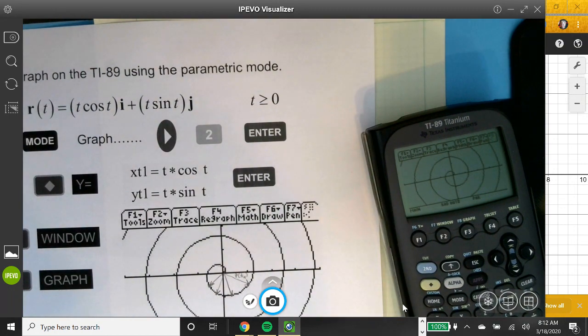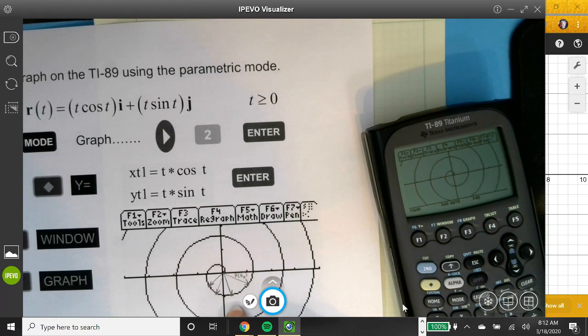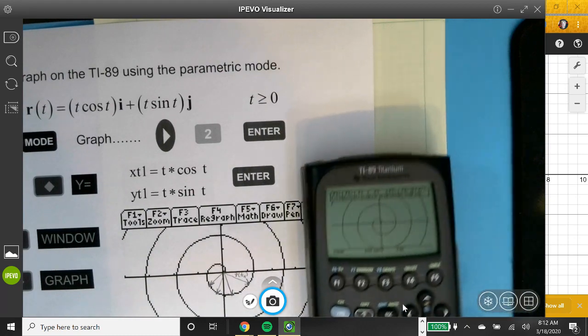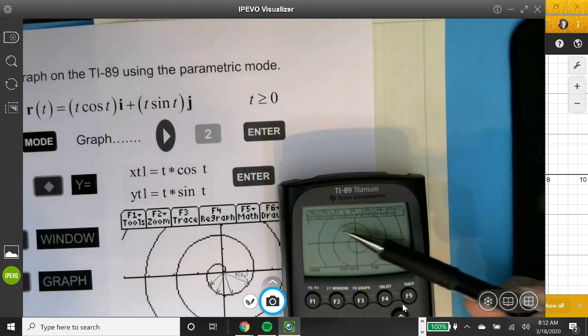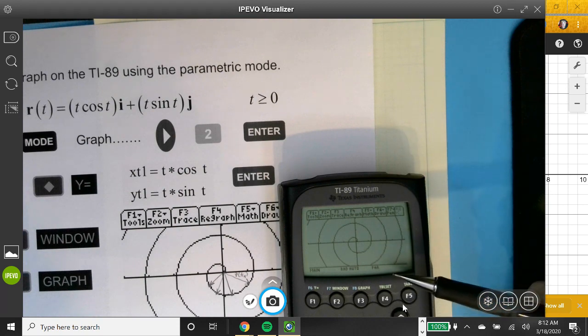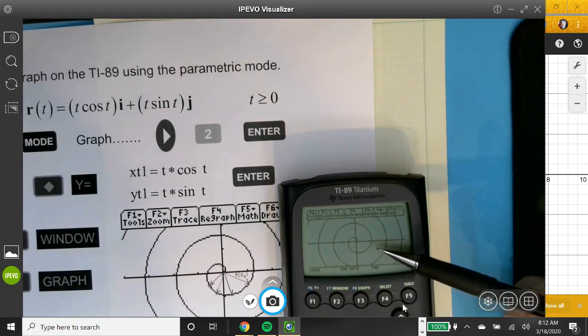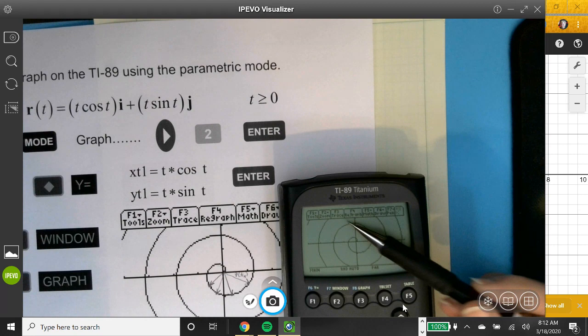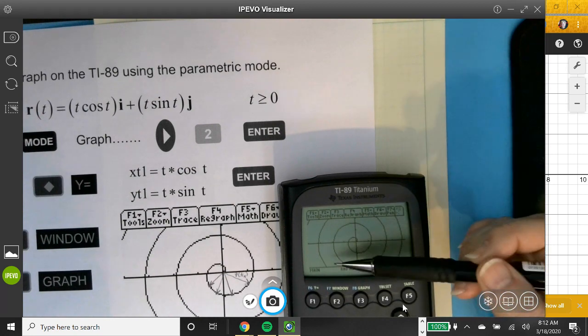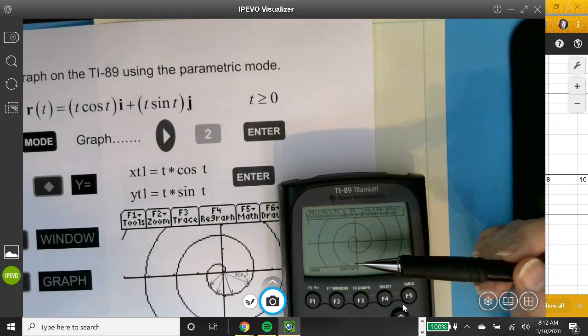All right. So I wanted to make sure that we knew how to graph vectors parametrically on our calculator. Now, having said that, do you notice here that we have a curve? And curves have rates of change. They have slopes. So we need to find slopes, so we need to find tangent lines, and we need to find out where the tangent line's horizontal, where the tangent line's vertical, and all those calculus things with a